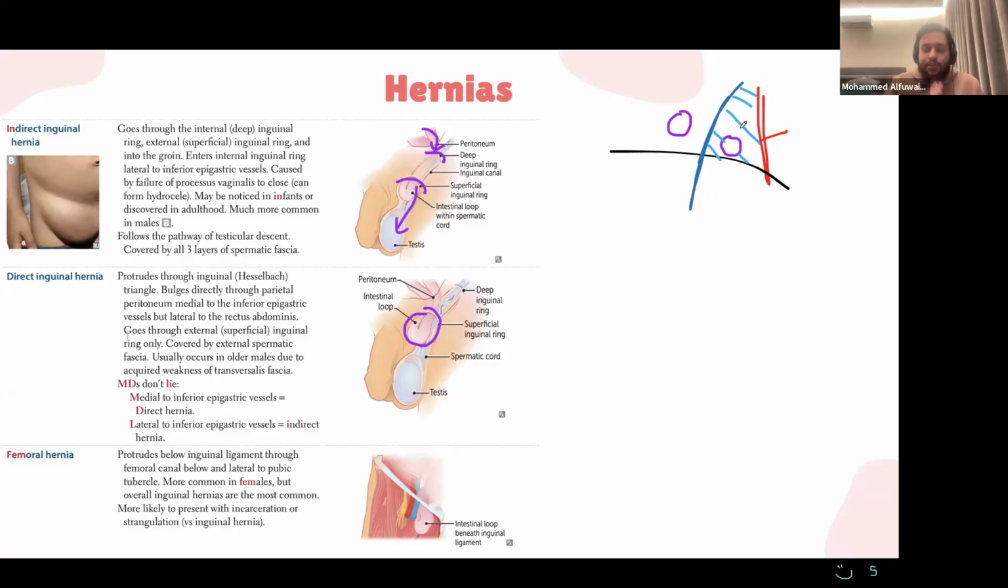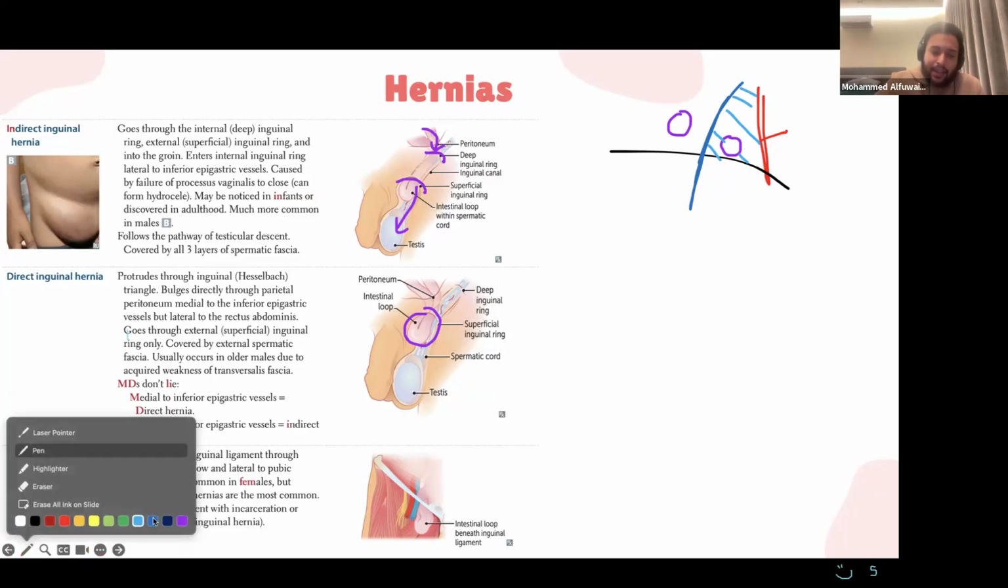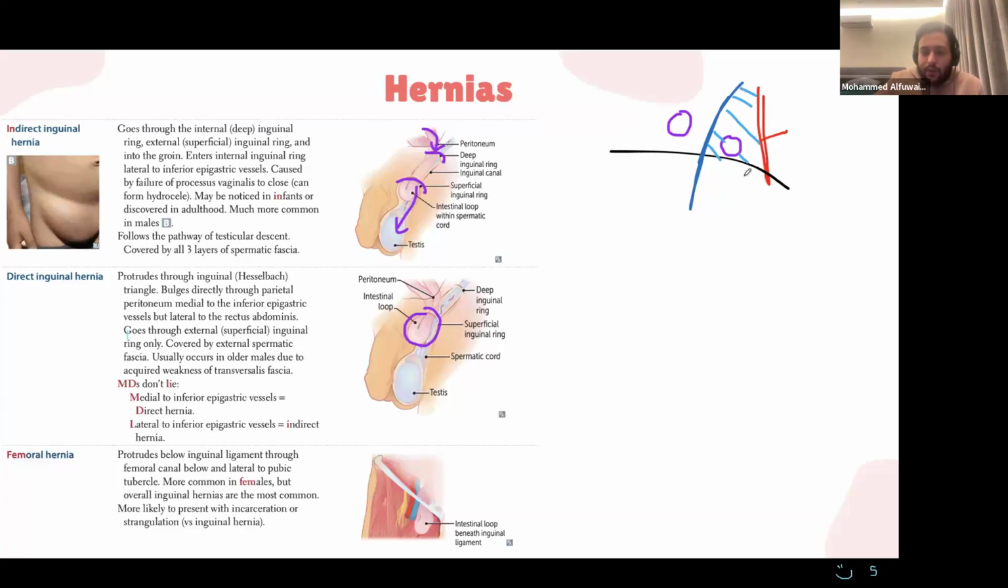who did extensive exercise and straining, and then it developed. Now, the last type of hernia from these is the femoral hernia. In a femoral hernia, there is another important vein, the femoral vein, which is the most medial of the structures below the inguinal ligament, which are the nerve, artery, vein, and lymphatics. It is very medial from these three. Ignore lymphatics. Anyways, the femoral vein. This type of hernia will develop